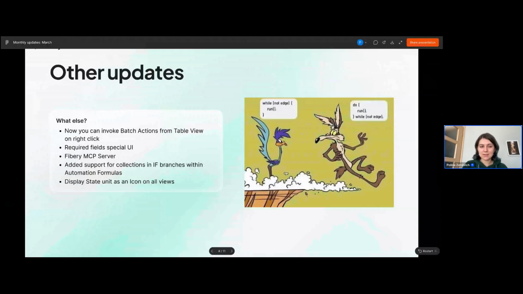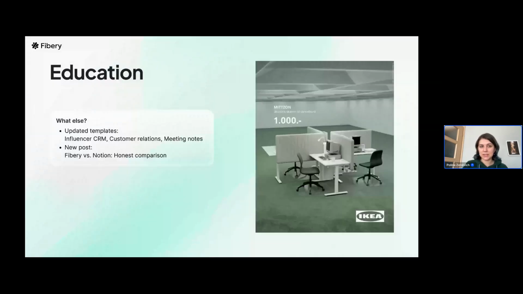Okay, I think this is it, what we updated in terms of the product itself. We also updated a few templates: customer relations, meeting notes, and influencer CRM. To be honest, if you're curious, I recommend you check it out because it has nice AI prompts